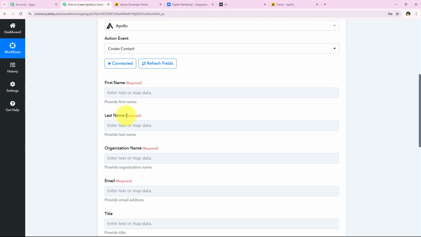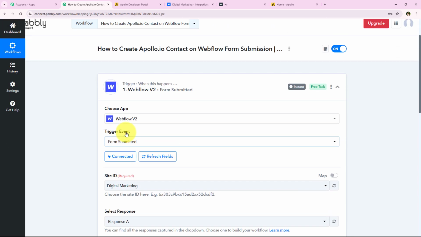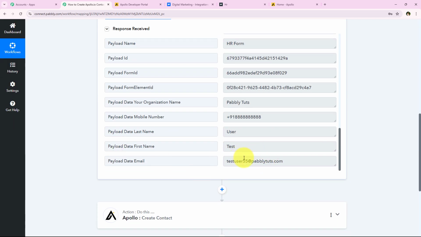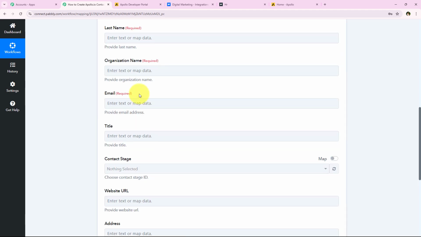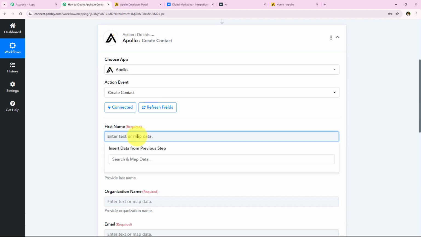And now it is asking me for the first name, the last name, the organization name, and the email. So yes, these are the same details which we have received in the response of our previous step, right? Over here you can see all the details. So we have to enter these same details which we have received in the response of our previous step. All right, so I'm just going to enter the first name right over here,